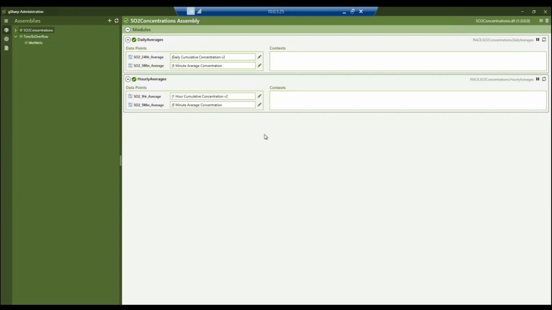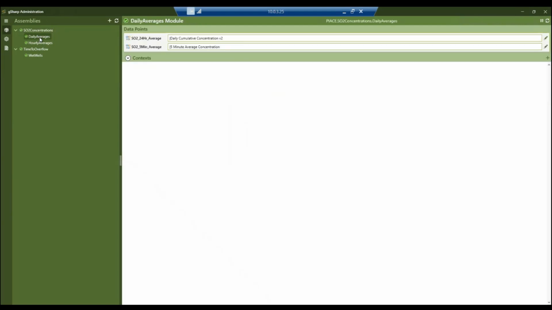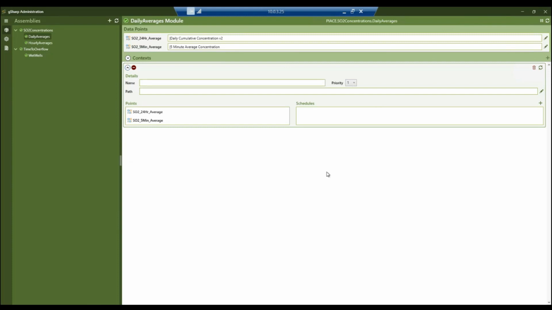Now it's time to actually create some contexts. So what I'm going to do is expand that assembly, and we'll start with the daily averages. So there are no contexts, as you can see. So what I need to do is click on the plus button and add a new context. So the path is now the full element path in the AF database for that context.